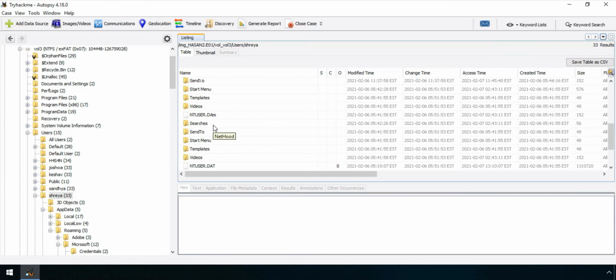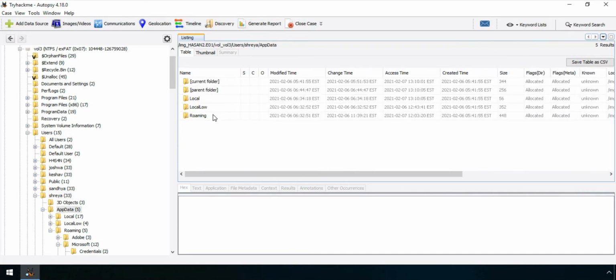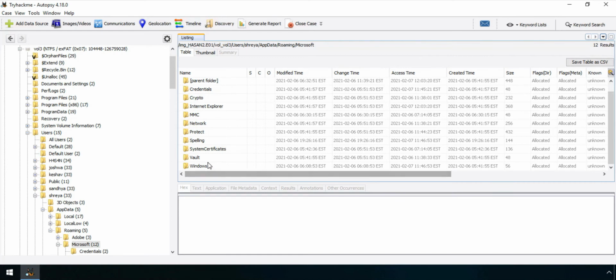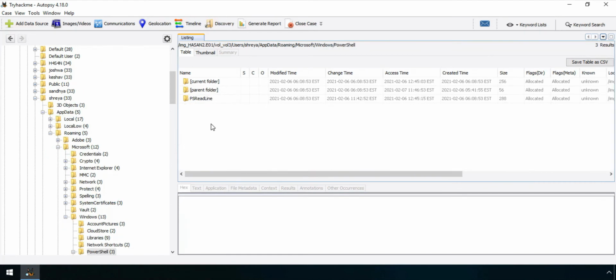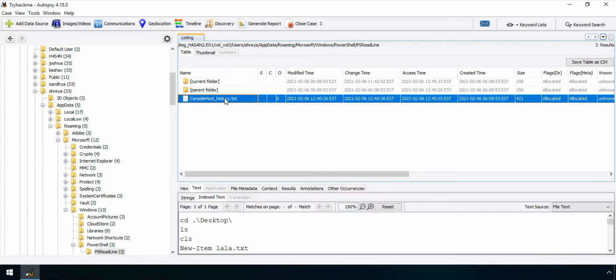Let's go into AppData, and in the Roaming folder, then into Microsoft, and here should be the Windows folder, and here it is, PowerShell, PSReadline, the console history. As you can see, there is some metadata with us. So let us see what the data says.